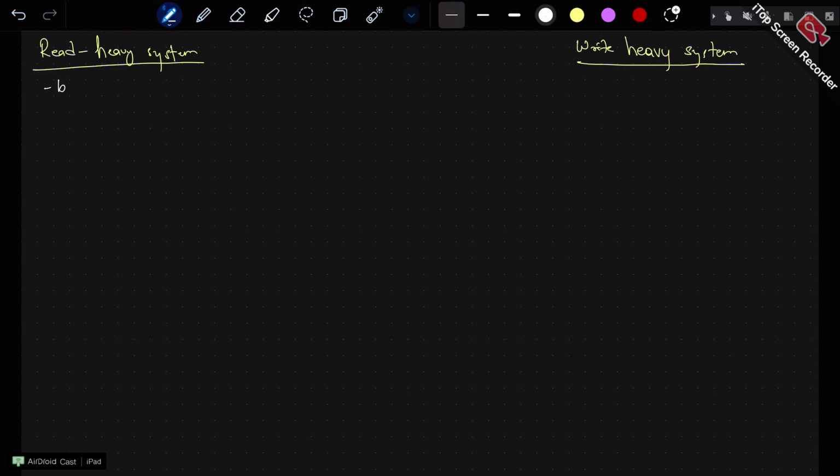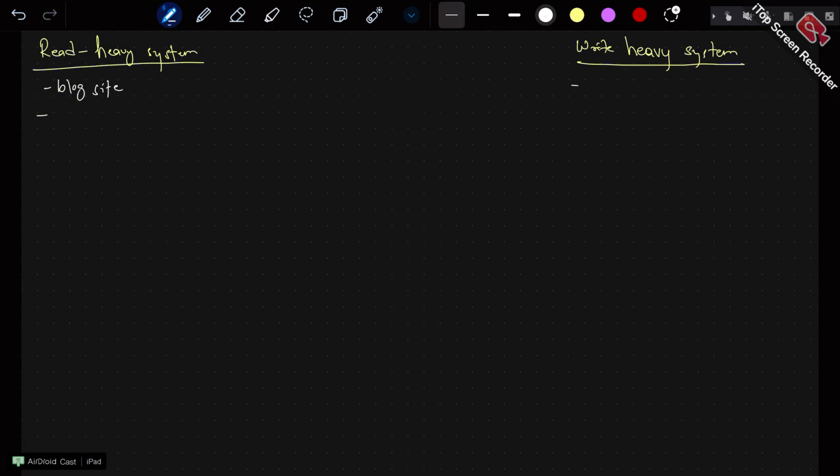Right, read heavy, because most of the time we'll be reading it. So you can think of that: a blogging site is a read heavy system. Very correct example, right? Any other you can think of for read heavy? Right, these are all read heavy systems because mostly, yeah. But imagine this thing: on a blog site, not millions of users would be requesting the same. So think in terms of an e-commerce application, because that's where most of the traffic comes in those cases. Your point is absolutely correct, but that will not make much sense for our use cases.